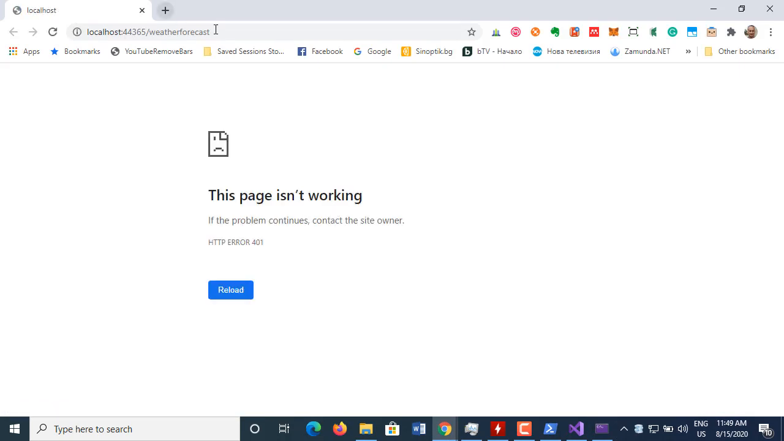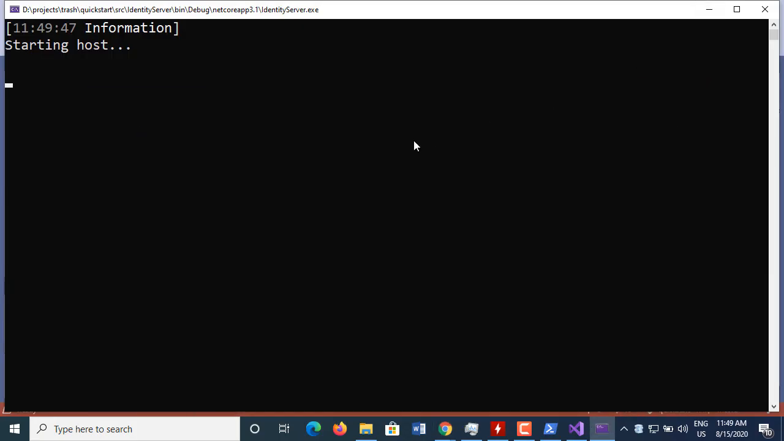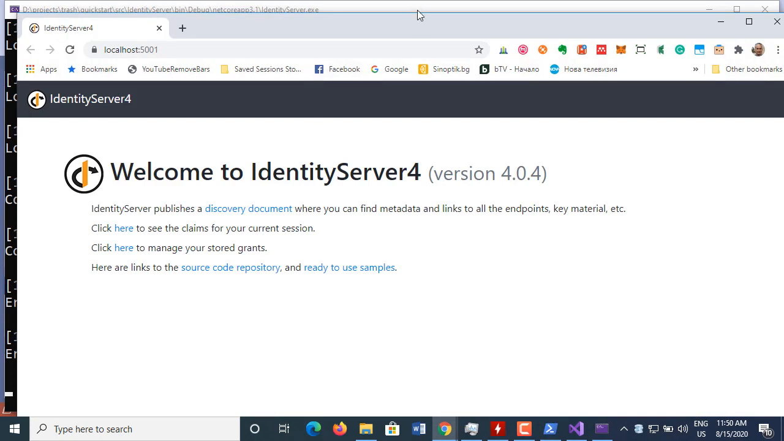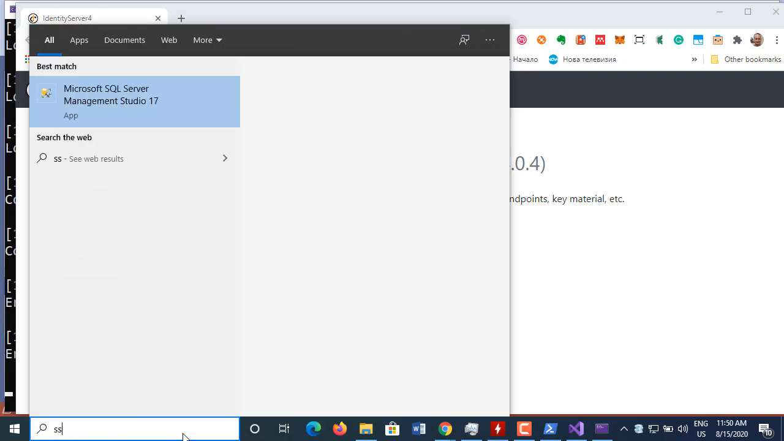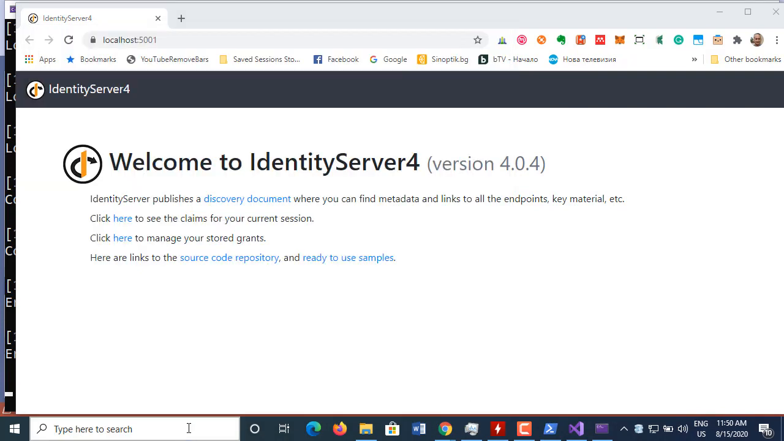And now we'll go to SSMS, SQL Server Management Studio, and make sure that everything works. Starting host, as you can see, still starting. It's creating the database now. It's seeding the database, reading the configuration file, and voila, it has started. Yes. Okay, let's start SSMS, Microsoft SQL Server Management Studio,